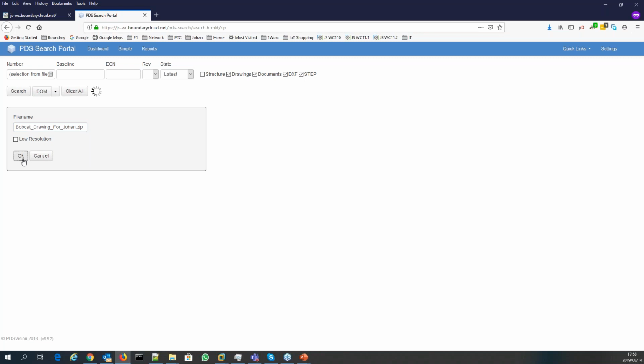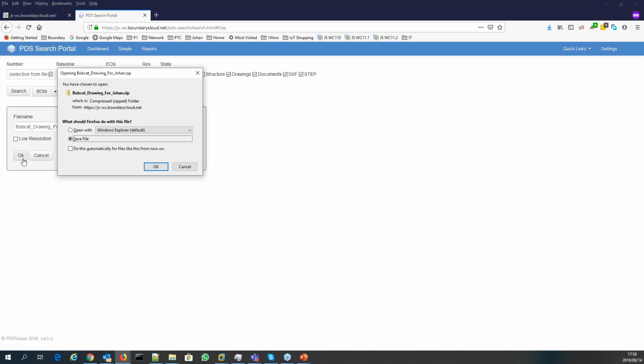and it will very quickly grab all of those items together, create a zip file, and you'll notice in a second or so it will pop up with a where do I want to save the zip file. So this type of action inside of the native Windchill interface will take a very long time to do, whereas in here it took me a couple of seconds to grab the list of items, search for them all, and I've got the ability to now save all of that onto my hard drive. So I'm going to save it in there,